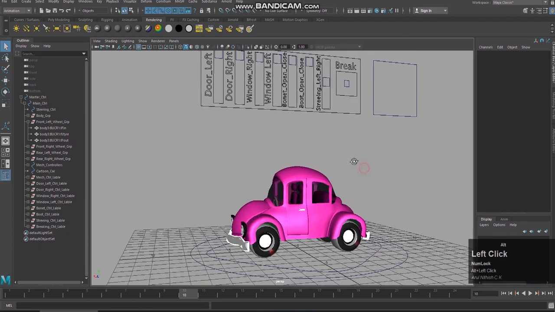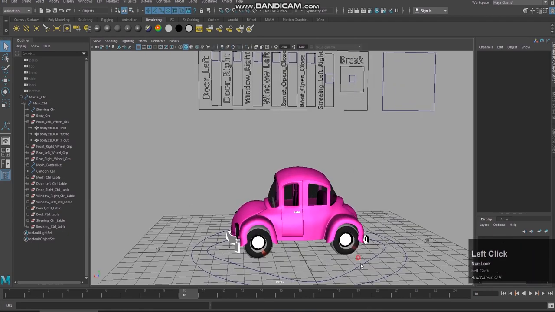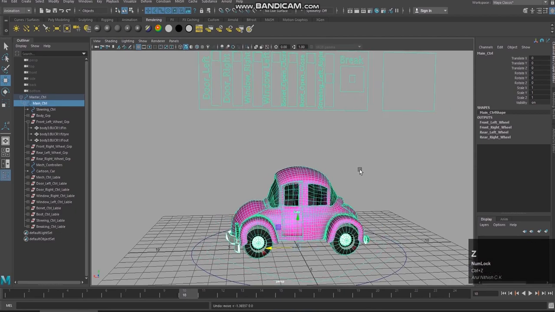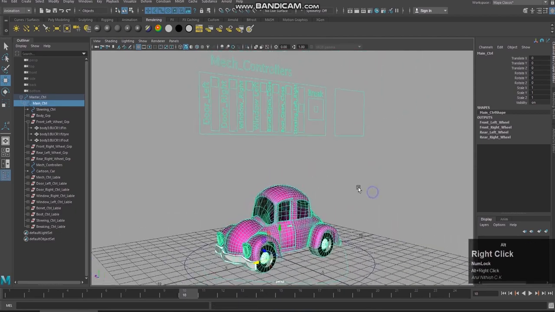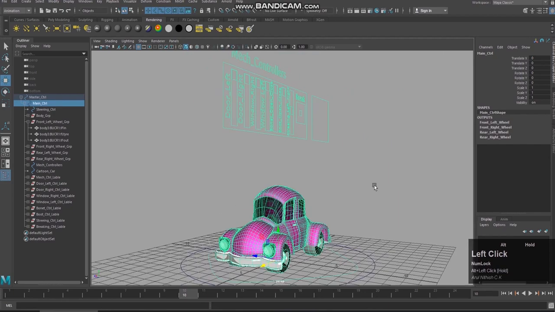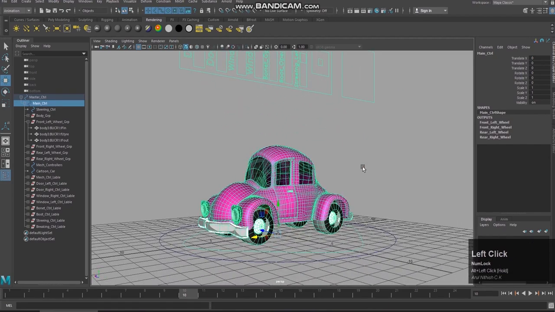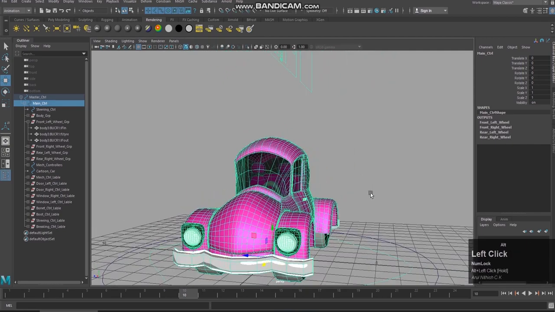Now we are going to start with the cartoonic controllers. The cartoonic controllers are not only about applying the deformers. If you recall the movie Cars, a Hollywood animated movie, you can see the eye movement and the teeth and everything.